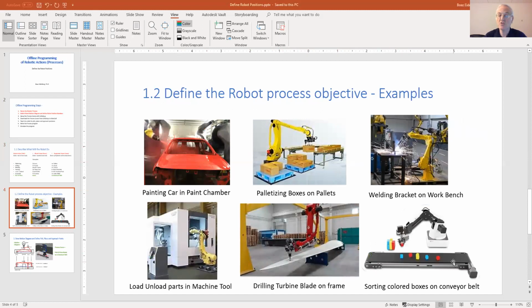This example shows a sorting process of colored boxes which move on conveyor belts and are being sorted over here. This shows us a wing of a wind turbine that is being drilled by the robot. And finally, we see here a robot which loads and unloads parts into a machine tool.